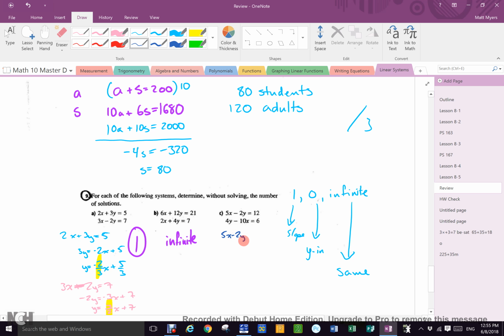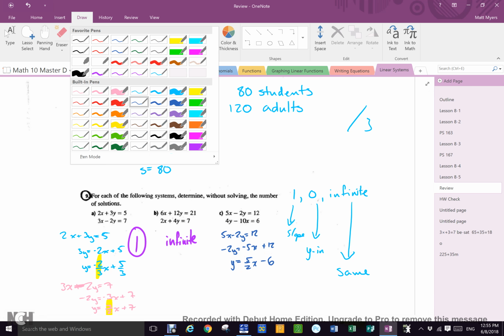5x minus 2y equals 12. Negative 2y equals negative 5x plus 12. Y equals 5 halves x minus 6. Yes? Sure. Okay. Then we go to